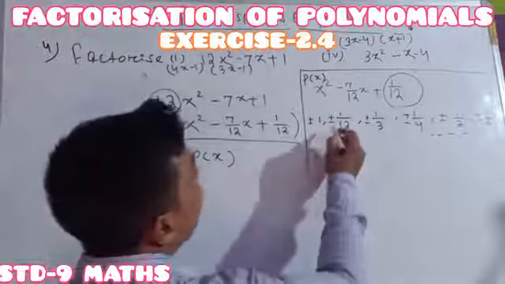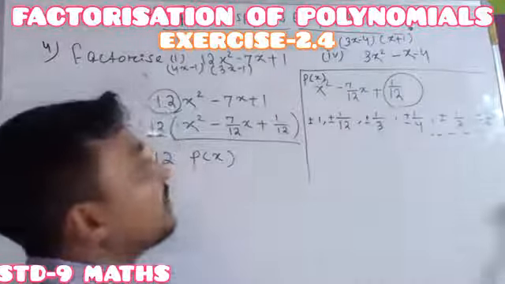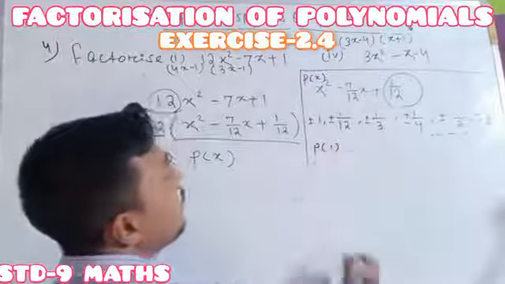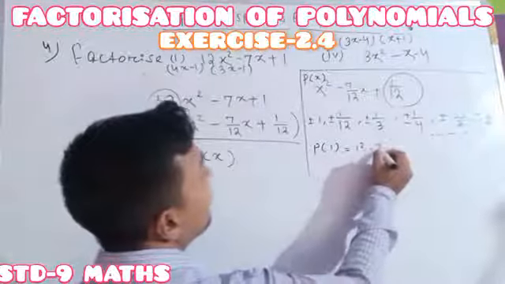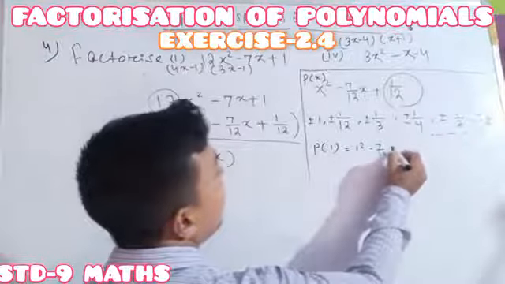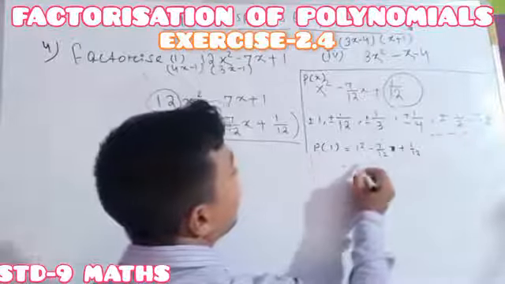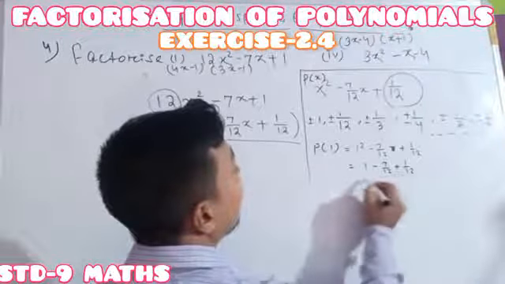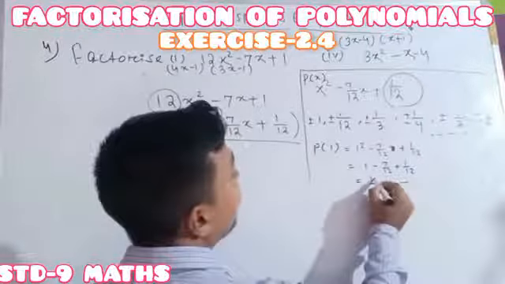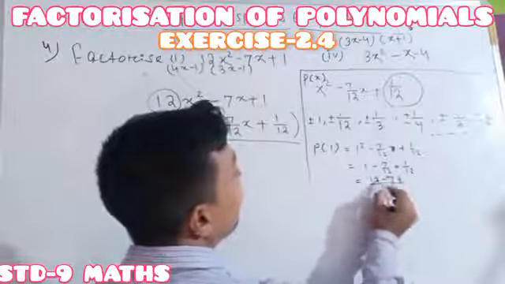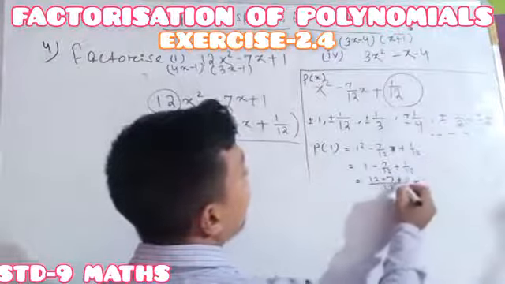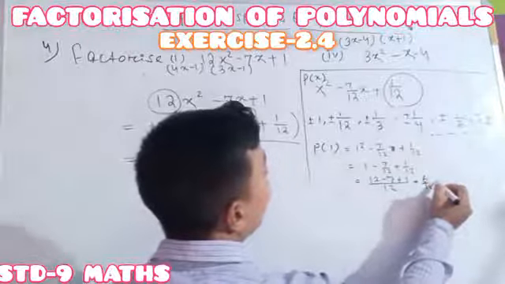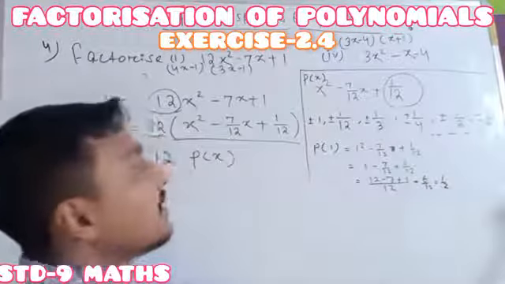Here we have to find out the p(x). Suppose I have taken p(x) equal to this one. Then we have to check at which value it is 0. See, p(1) means 1 square minus 7 by 12 into 1 plus 1 by 12. Actually we will get 1 minus 7 by 12 plus 1 by 12, and on simplifying you will get 12 minus 7 plus 1, 5 plus 1, equal to 6 by 12. It is your 1 by 2. It is not equal to 0.